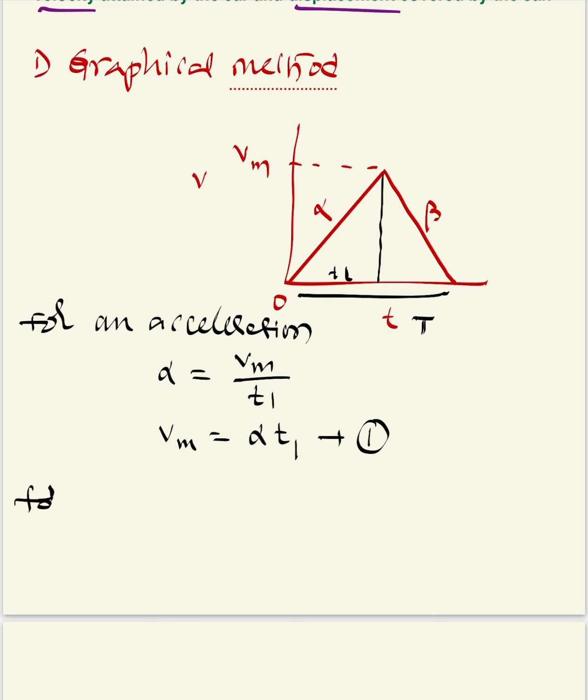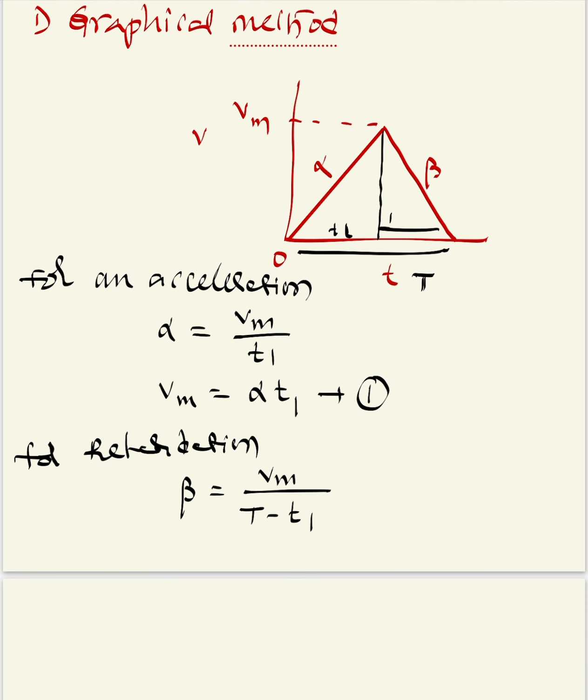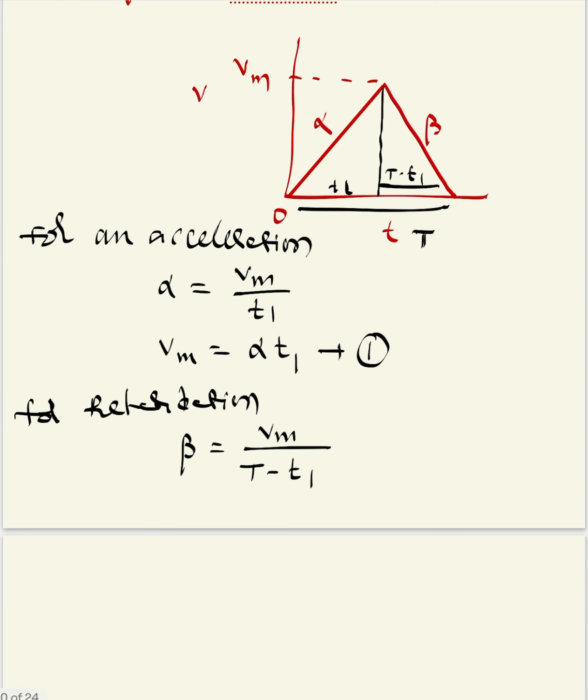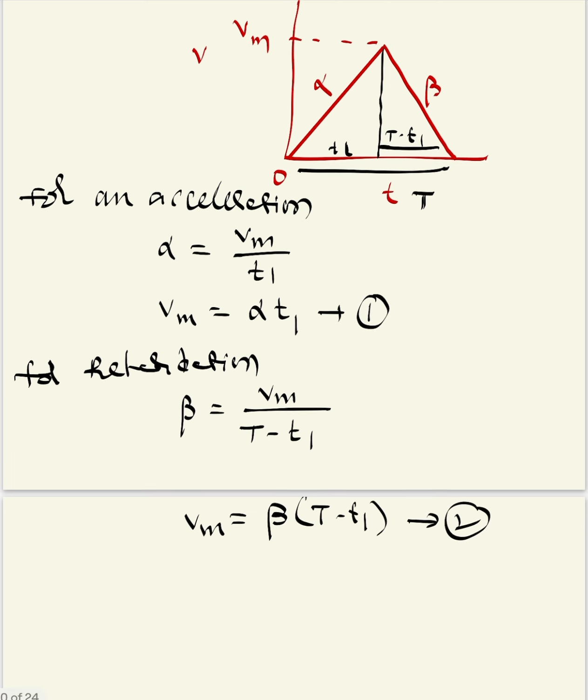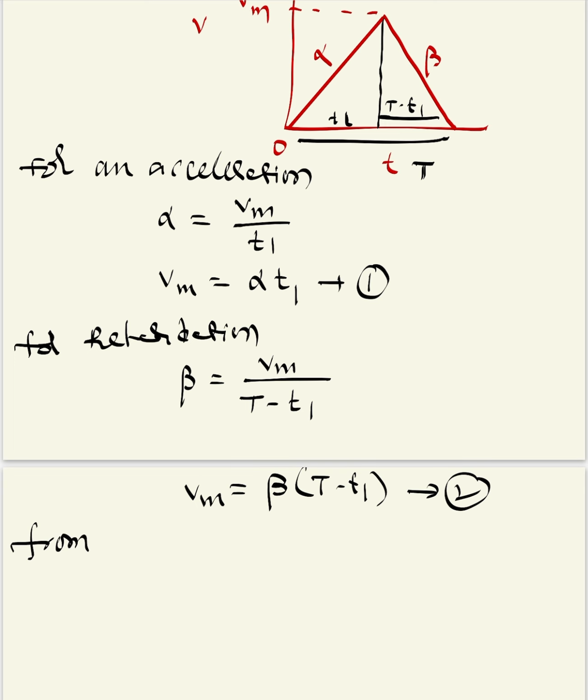For retardation in the graph, beta equals Vm by the total time, that is t minus t1. So Vm equals beta of t minus t1. So this is equation 2. So from 1 and 2,